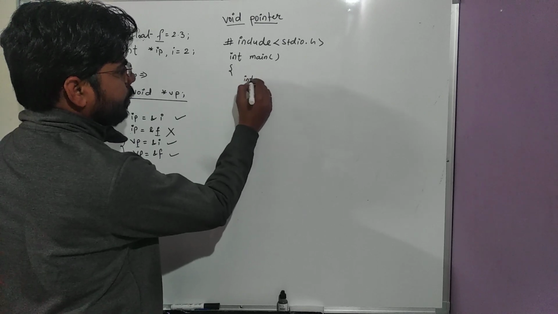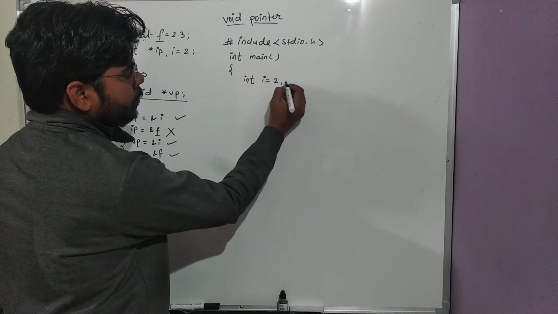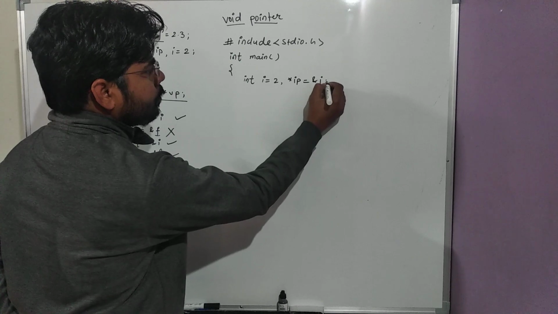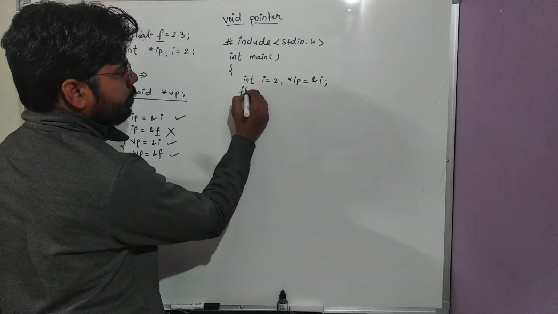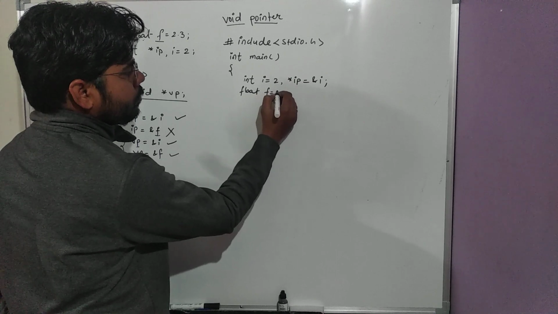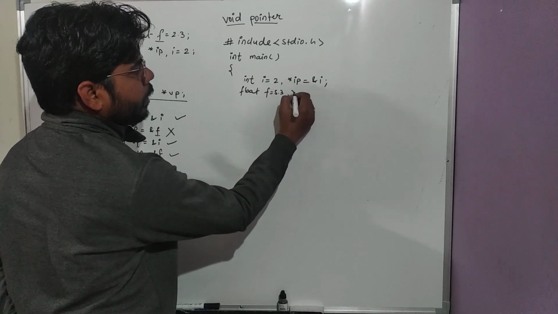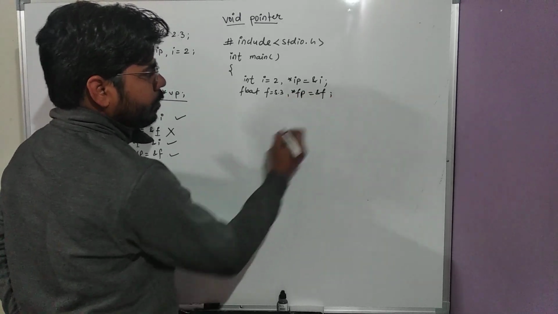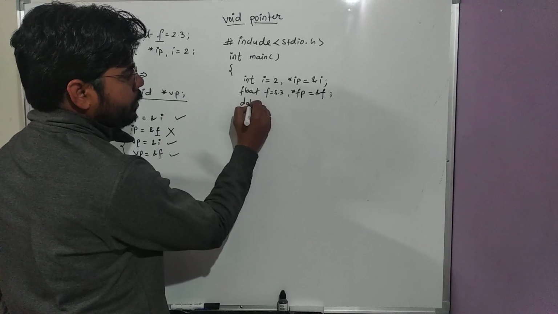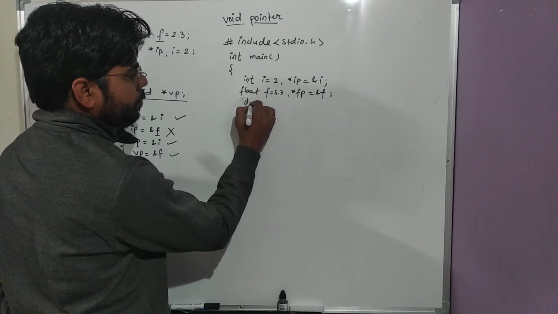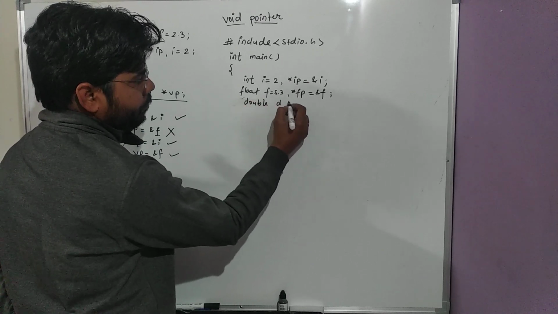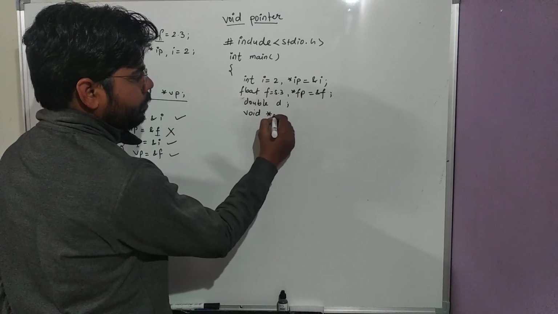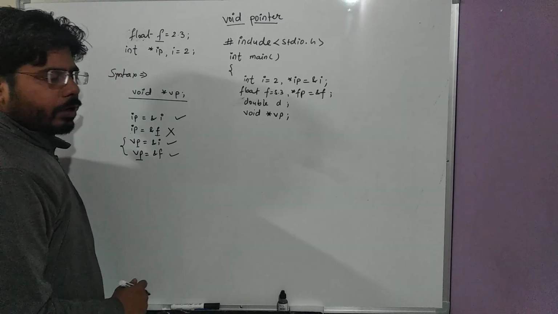First, we have integer variable I with value 2, and we have integer pointer IP is assigned the address of I. We have float variable f having 5.3 value, and we have float pointer FP is assigned the address of f. And now we have one more variable of double type d. Okay, and one more variable that is void pointer. Okay, now